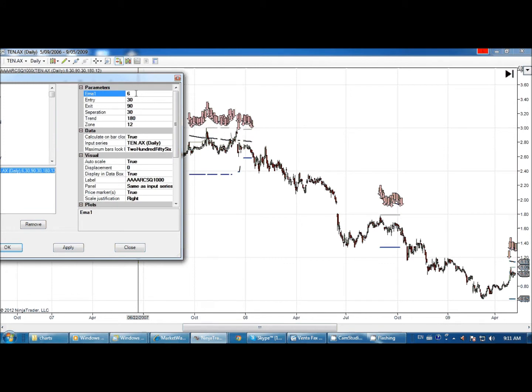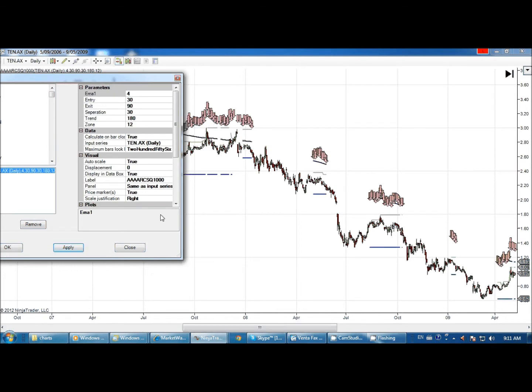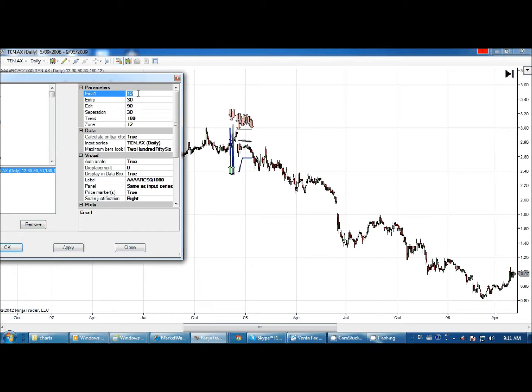So if we reduce the number, we'll get more arrows because it's easier to fit a 4 EMA into a 12 zone, and we get more arrows. If we went a higher number, we would get less arrows because it's harder to fit that 12 EMA into a 12-cent zone. We get less arrows. So what we're doing is we're asking the market for a visually acceptable number,